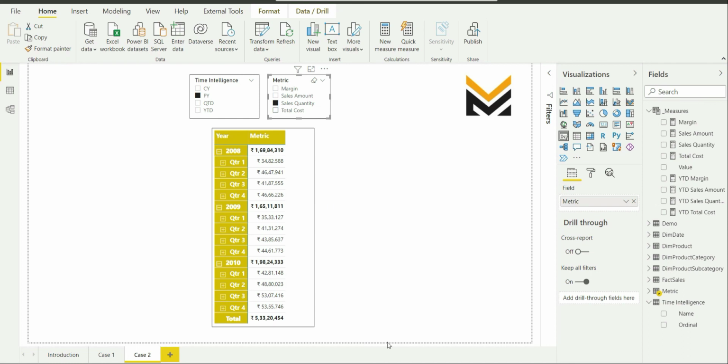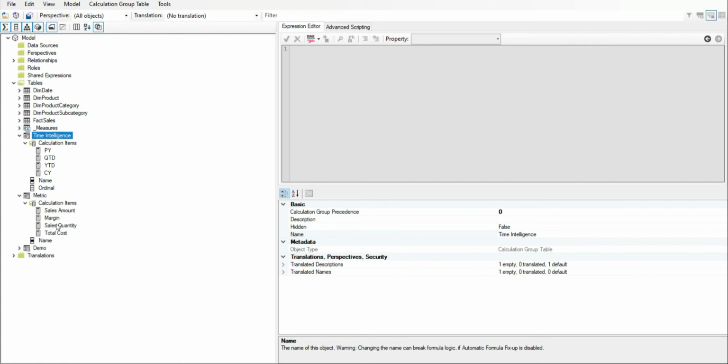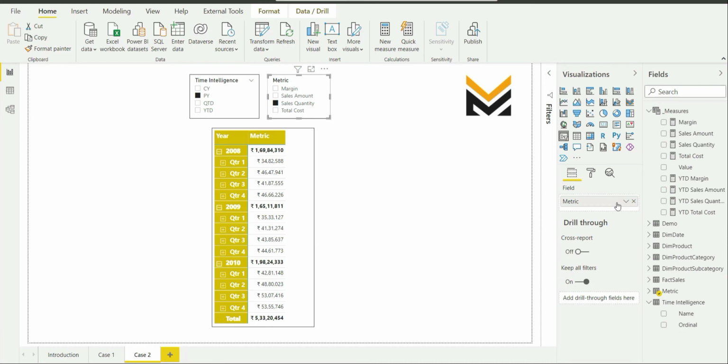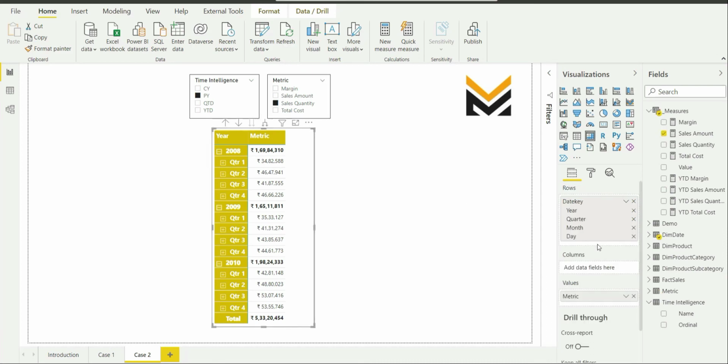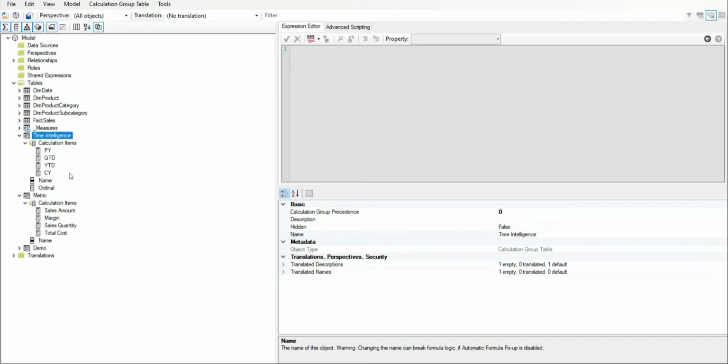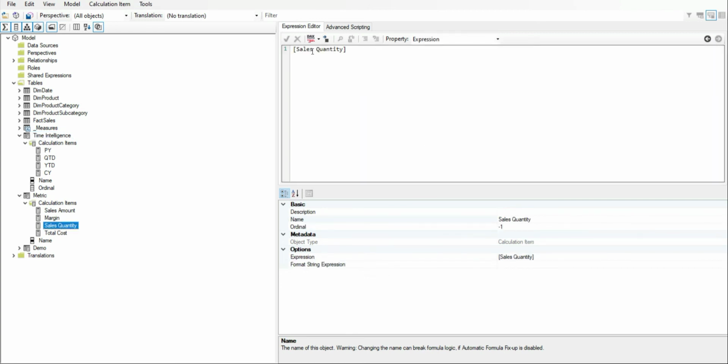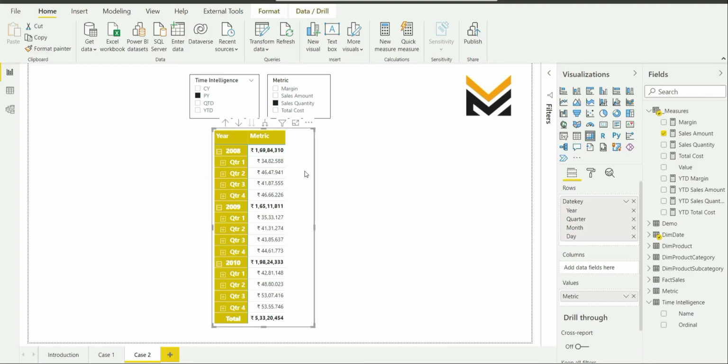It is because the DAX expression for the calculation items is overriding the DAX expression for sales amount that I have used in the values. Selecting sales quantity goes to the sales quantity calculation item, picks up the sales quantity, and this value is shown on the report.